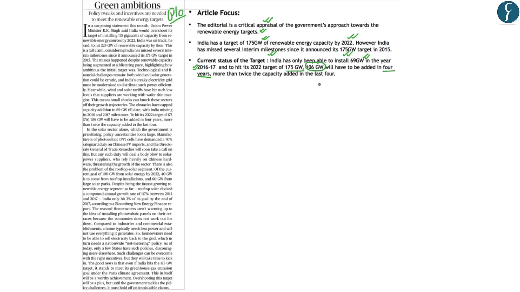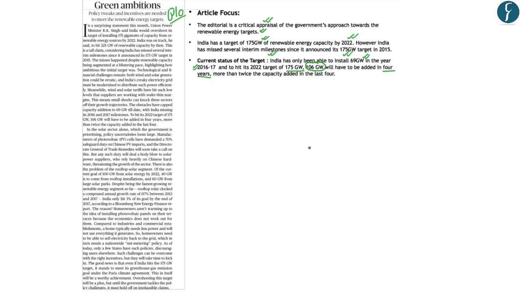So what the author is trying to show in the editorial is that India's target of achieving 175 gigawatts by 2022 seems like a difficult task because we have not been able to install the required capacity on a year-on-year basis. Now the author has also highlighted the challenges according to which India has not been able to achieve its